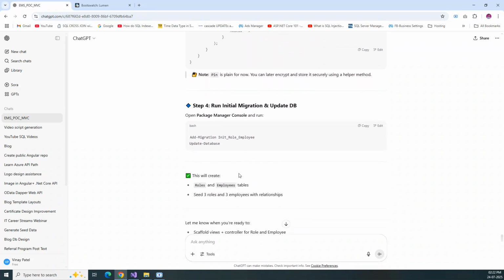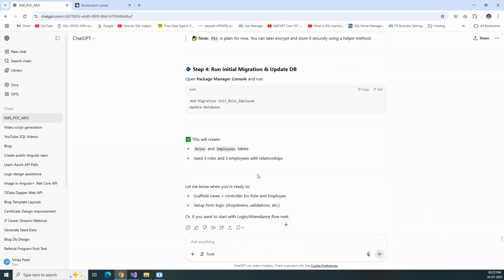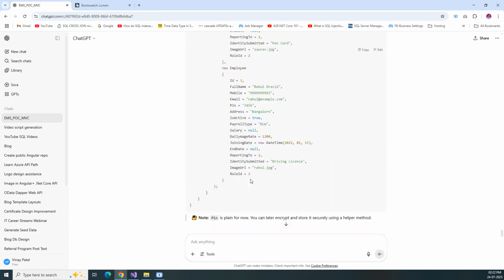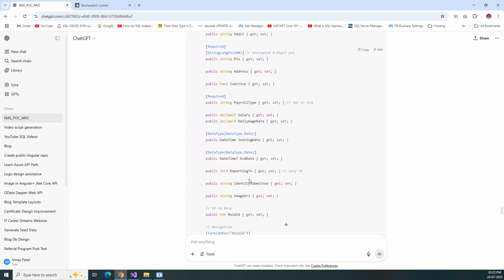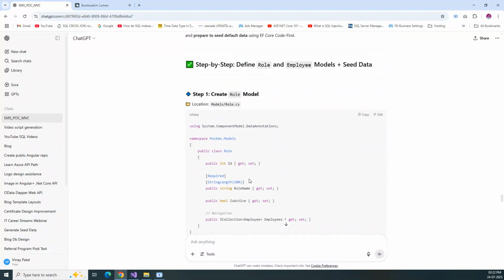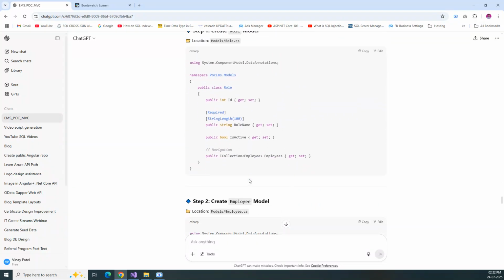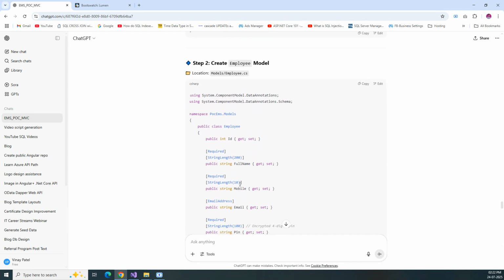Okay, so ideally, your pin or password field should be encrypted using one or the other mechanism. Either it should be encrypted by the front end or back end. So most of the time, Chat GPT has suggested that you add one more column called salt, right? And use that salt column to